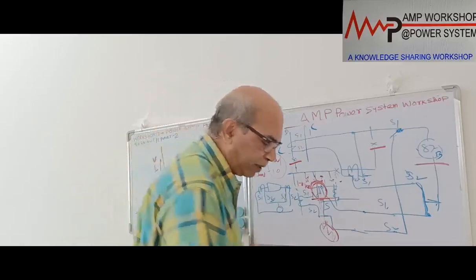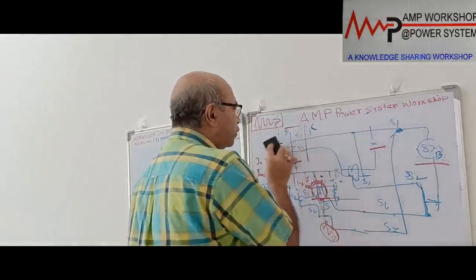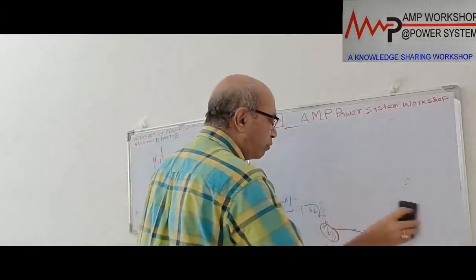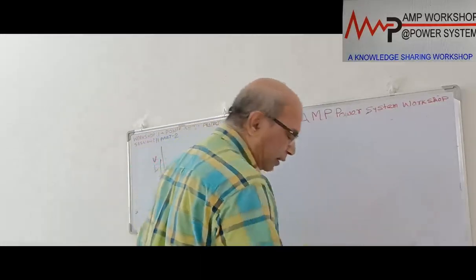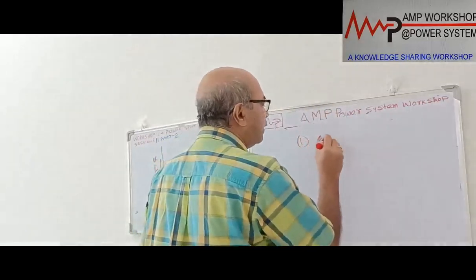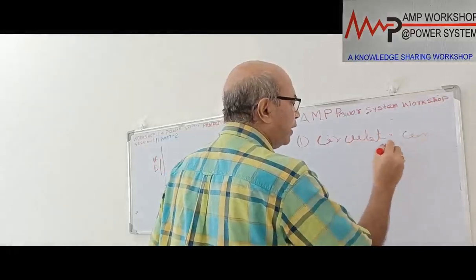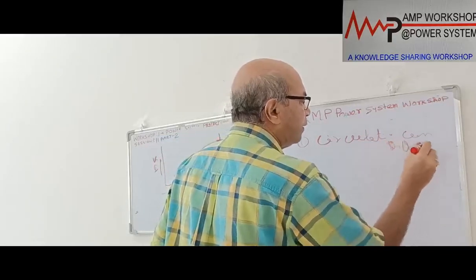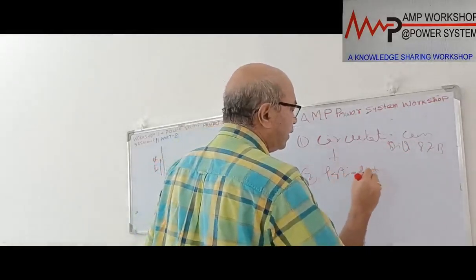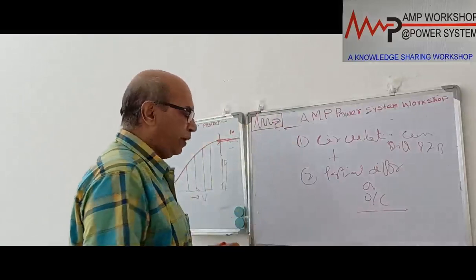But in that case, this current differential scheme must be backed up by a partial differential scheme, which we have already discussed. So in a non-important medium voltage switchboard, which is not very critical for operation, and no generator is connected to that type of switchgear, if we need to provide a bus differential, we can provide the conventional circulating current differential principle, 87B, along with partial differential or overcurrent protection. So these two in combination we can use for this.